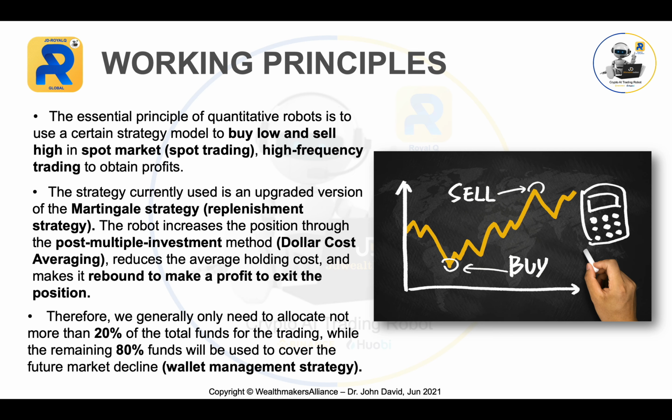while the remaining 80% of the funds will be used to cover the future market decline. So this is the reason why I mentioned to you that we must understand the working principles of this bond. So this is the whole idea, okay? The whole idea of the wallet management strategy in place, so that there are 80% of the fund that will be able to actually counter